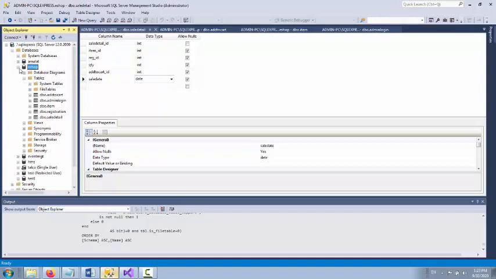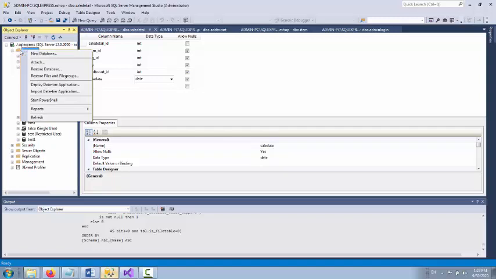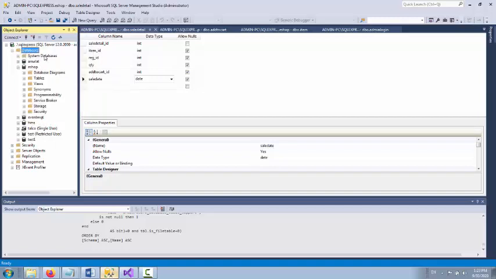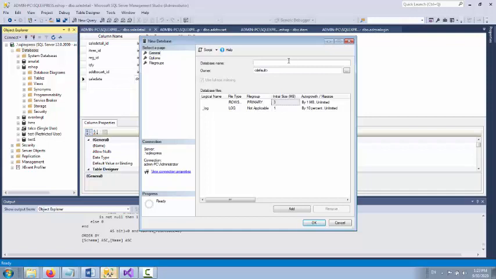And then I also created one database called eShop. After the description of the tables, let us see how we can create the database. Right click on the database and give the database name. For example, instead of test2 you can give eShop, electronic shopping.